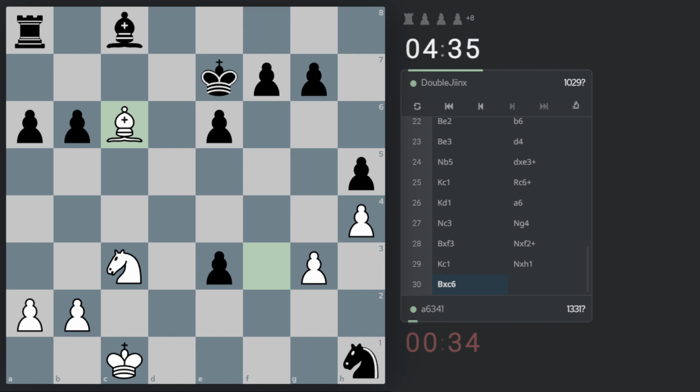94 might have worked? No. Black is up too much material. 94 is a good try, but black has ways to disentangle. I'm not certain about this move. That just hangs a rook very confidently, but...